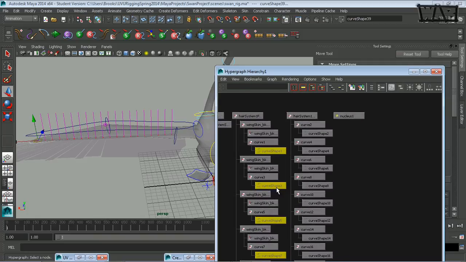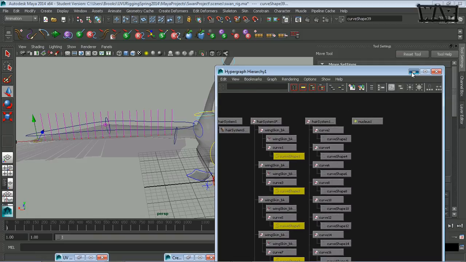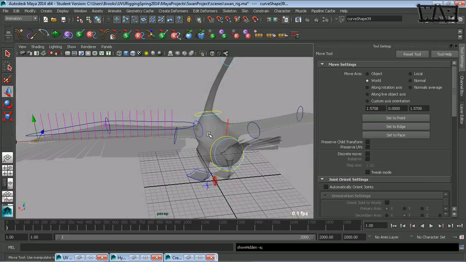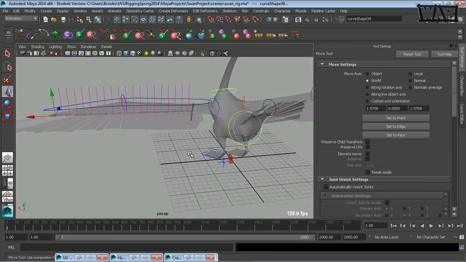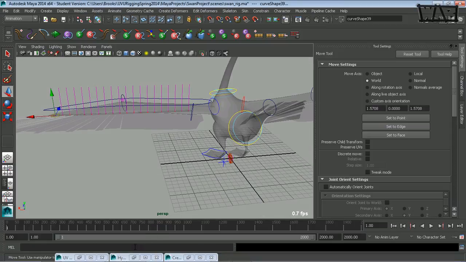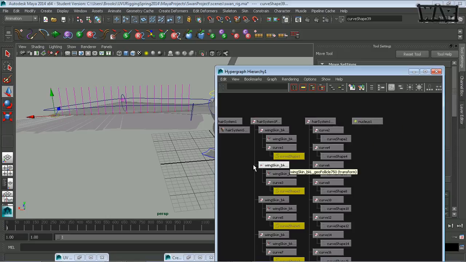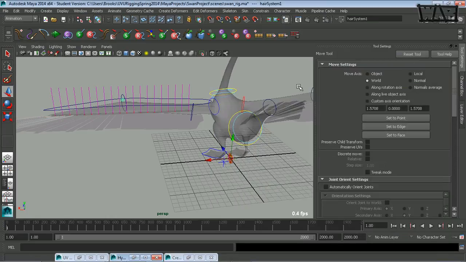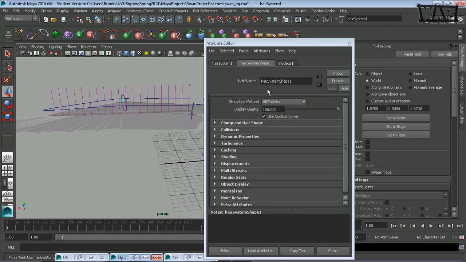This is new. They didn't used to hide these. So let's probe around, and oh, I didn't mean to start ZBrush. There we go. So ZBrush is going to come up here in a second. So I selected the hair system,